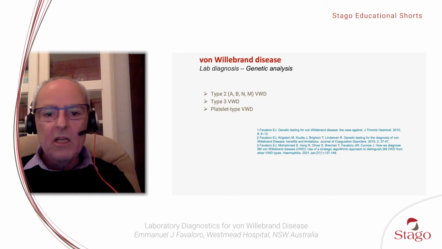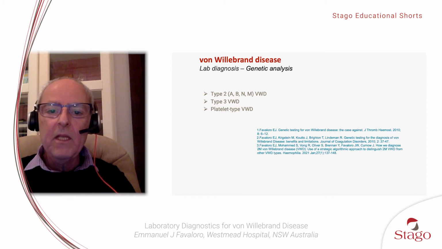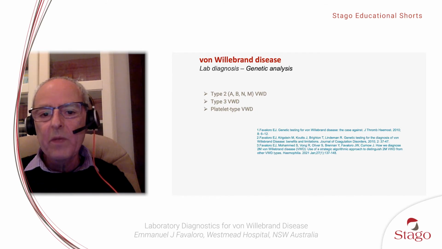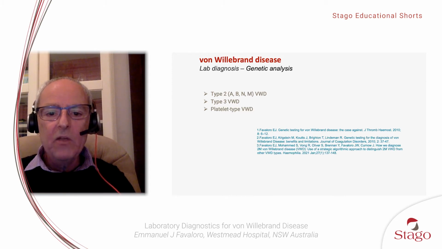In this next slide, I'm just showing you quickly where genetic analysis may be of use in the diagnosis of von Willebrand disease. Essentially, this is in type 2 von Willebrand disease. So wherever you have a provisional diagnosis of type 2, be it 2A, 2B, 2N, or 2M, then we would recommend genetic analysis. We also recommend genetic analysis in type 3 von Willebrand disease and also in platelet type von Willebrand disease,